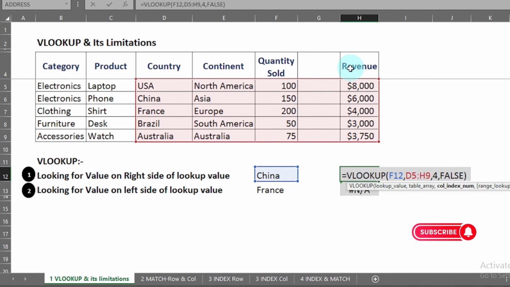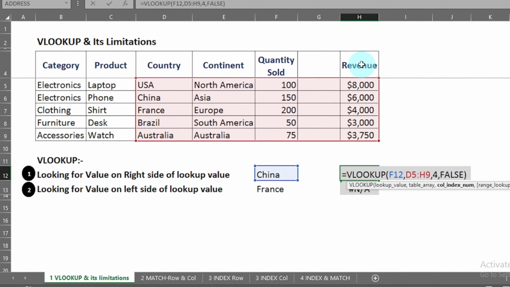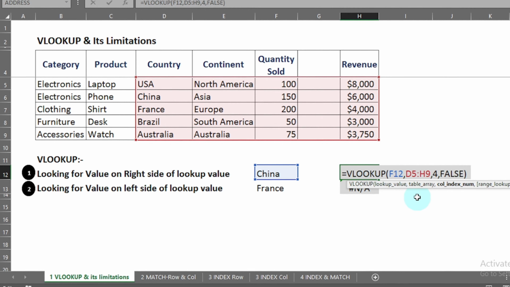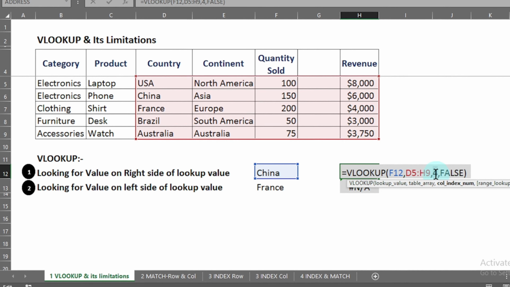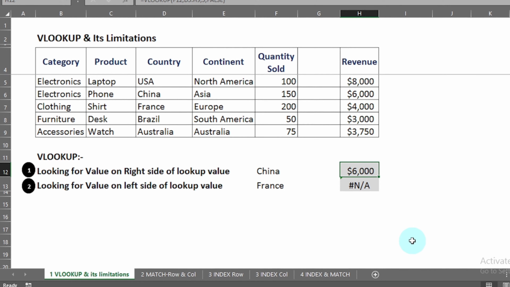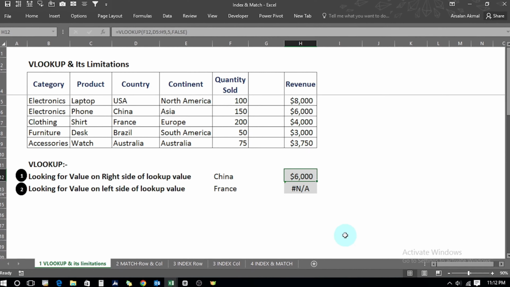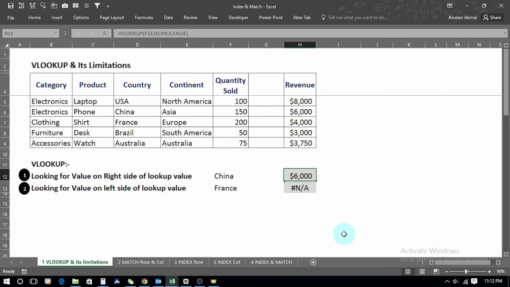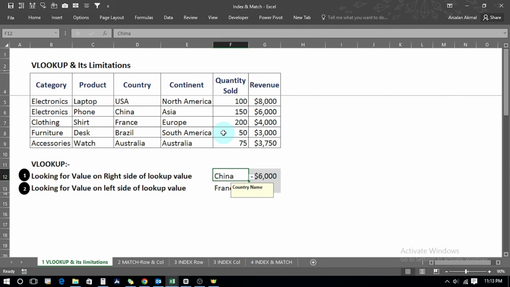Now the revenue has moved to the 5th column. If we just change it to 5 over here and press enter, now it is giving the exact answer, but you have to always change the column index number and it is not changing dynamically. So we are going to see in a later example how INDEX and MATCH changes dynamically, and the same is going to happen if you delete the column.